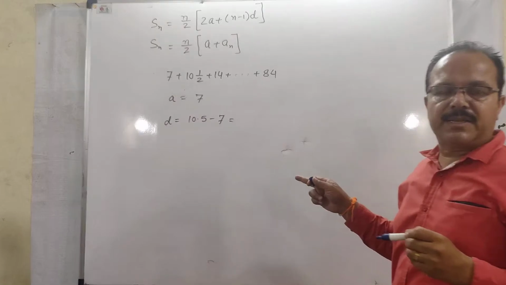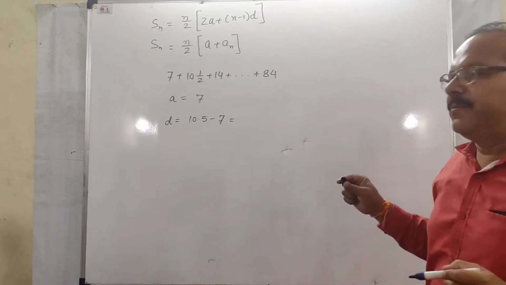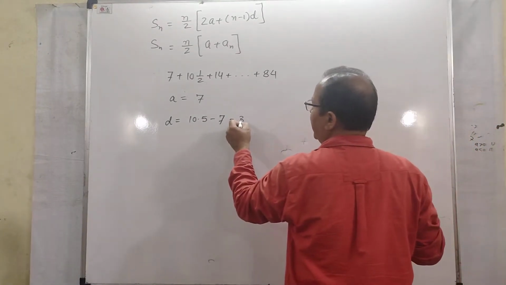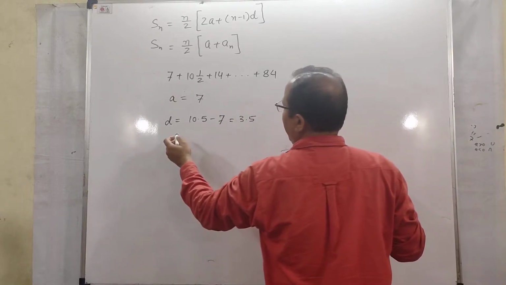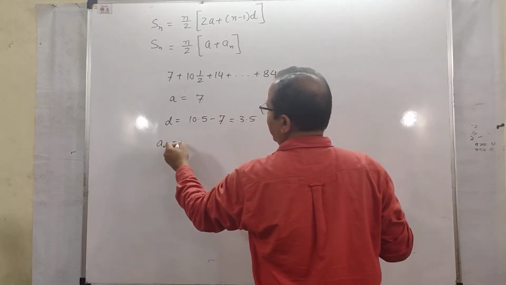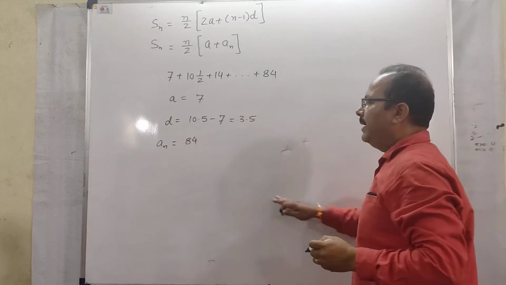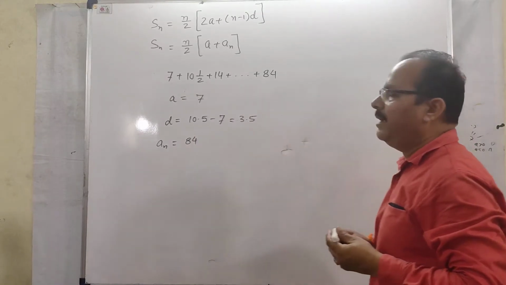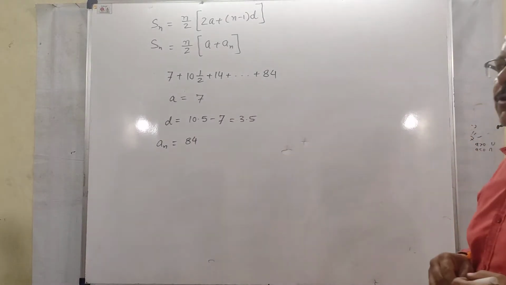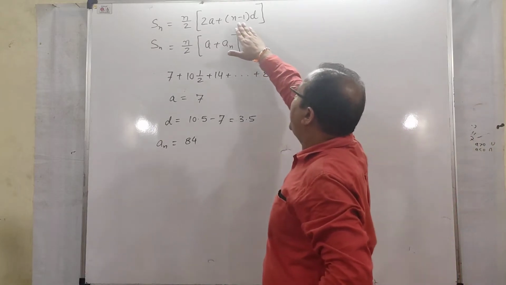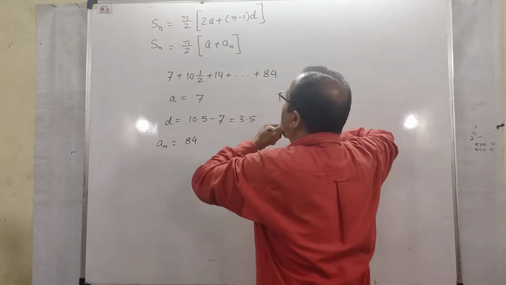Second term minus first term. 10 and a half means 10.5. 10.5 minus 7, it will be 3.5. And an is given, 84 here. Now students, if you see carefully, you will find that in both the formulas,